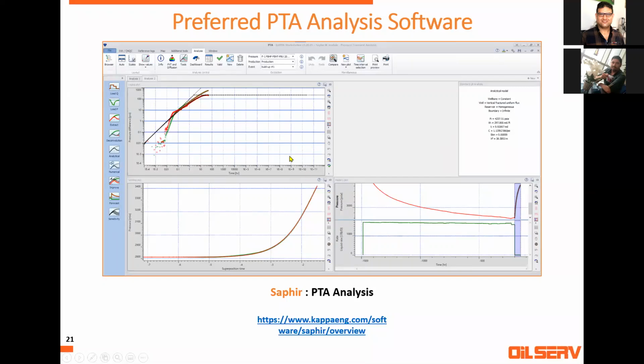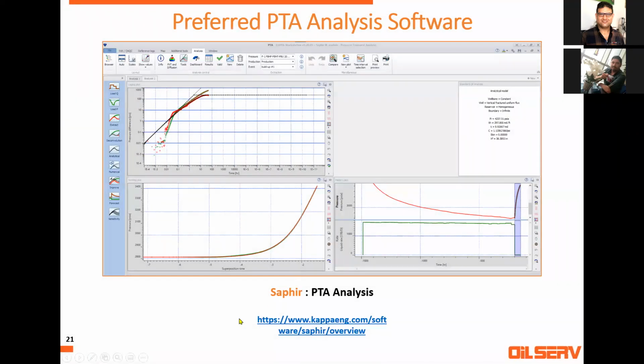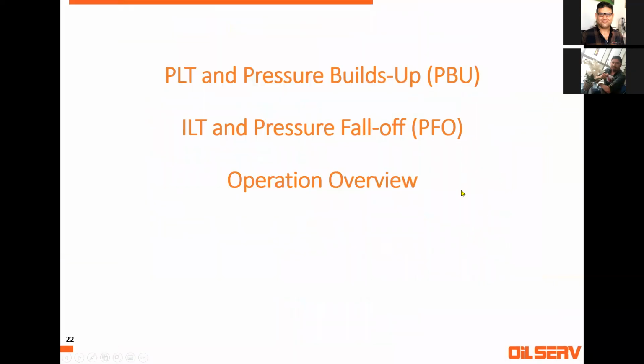Similar to Emeraude, there is PI software, and there is the PAN system from Fekete of IHS. However, Saphir is the most famous one, because it is also integrated with the reservoir package or reservoir workstation. For more information, training, videos and tutorials, you can ask for a license. Just go to Kappa, press on this link, and you will find tons of material. I also put practical references at the end of this lecture.